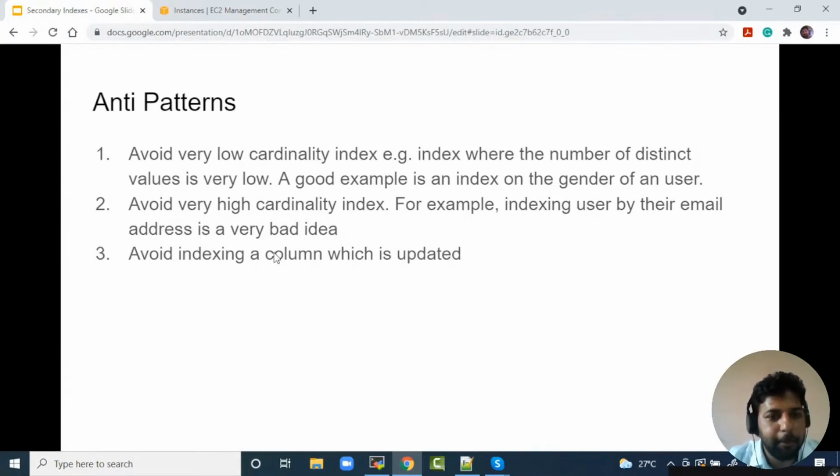So you should avoid it completely. Also avoid creating an index on a column that you update very frequently. You shouldn't create it on a column whose values are updated repeatedly. These are some of the worst anti-patterns which you have to avoid.